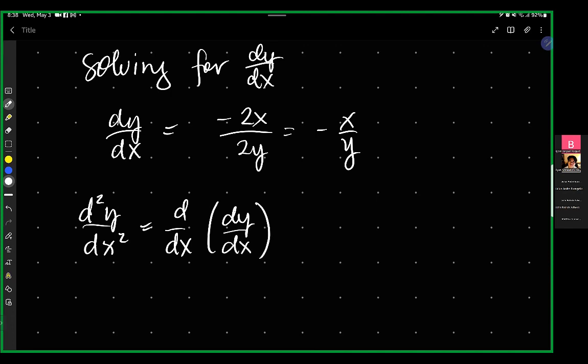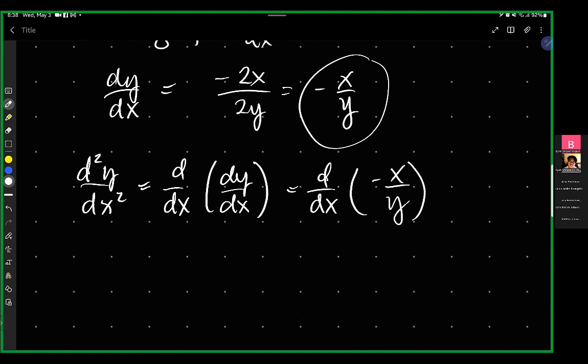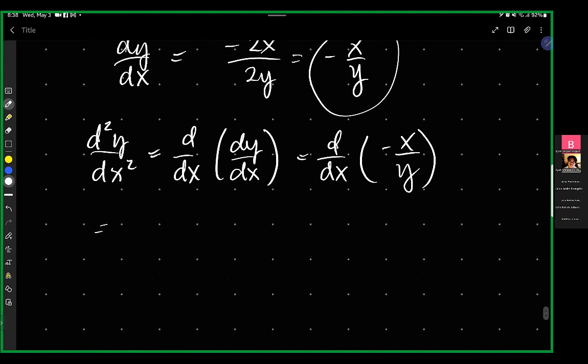This is how you define the derivative. So when you are looking for the second derivative, just take the derivative of your answer for the first derivative. So let's just write d dx of negative x over y. And then you apply the quotient rule because you only have x over y, which is just a rational function. So you rewrite this as, when you take the derivative, you take the